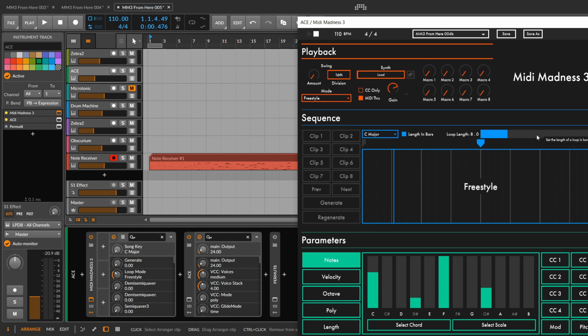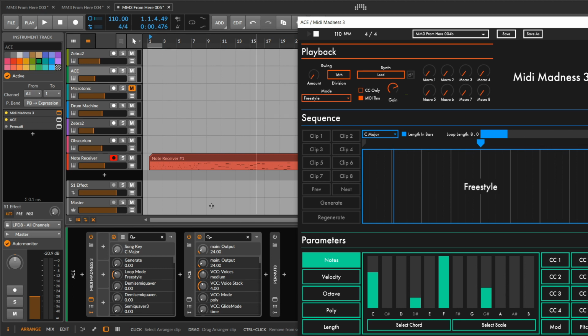Now, the length can be changed dynamically. However, if you set up an automation track or you put it on a controller, you should know that if the window is open, you're going to have problems, and oftentimes the plugin will crash. Now, we're inside of Bitwig. Inside of Ableton Live, you can close the interface, and if you change the length of bars, you hear a clicking and a popping sound. You won't hear that in Bitwig. But in both Live and Bitwig, MIDI Madness has a problem if that window is open and you dynamically change the